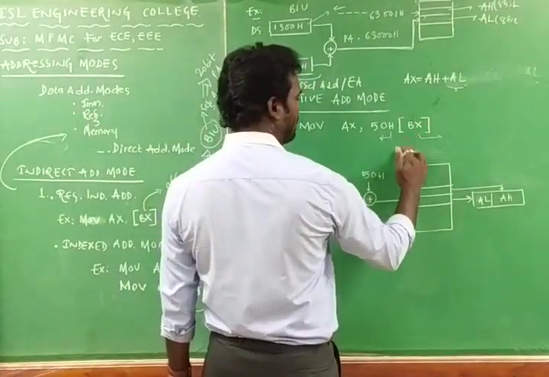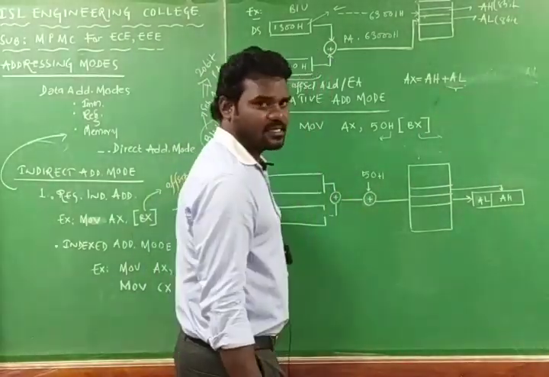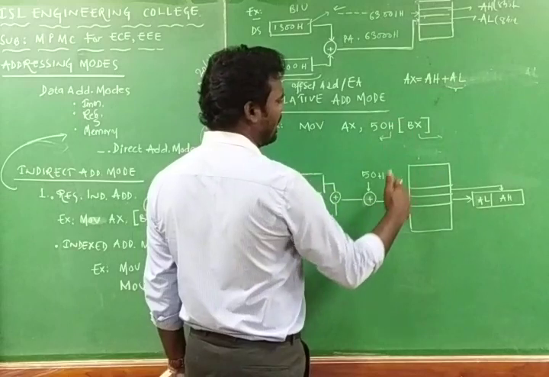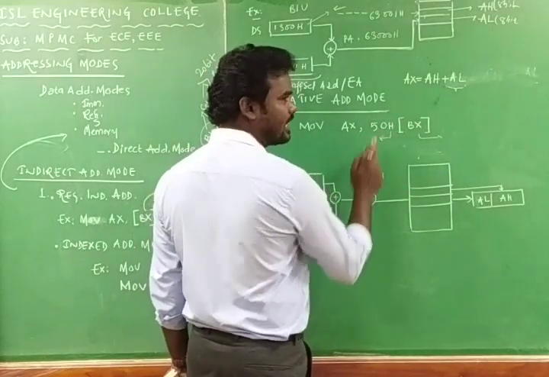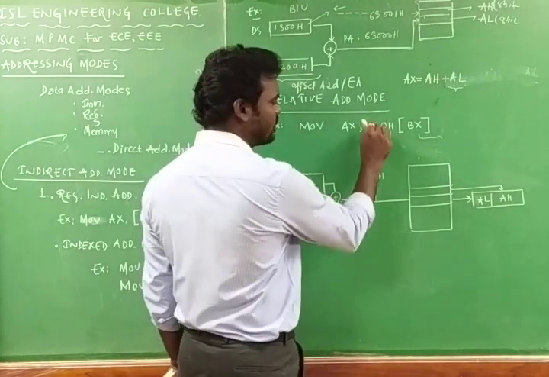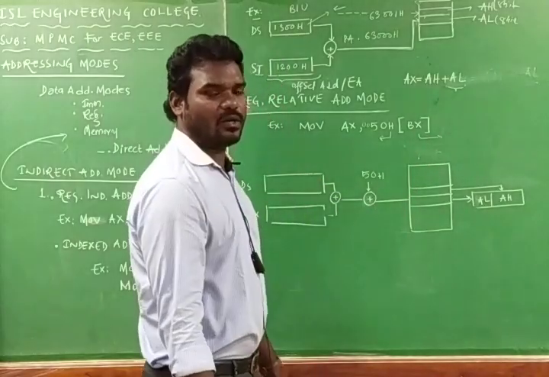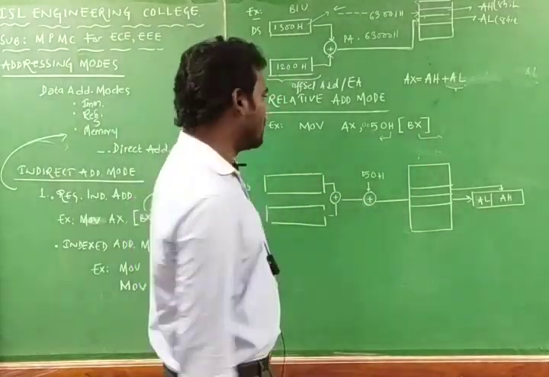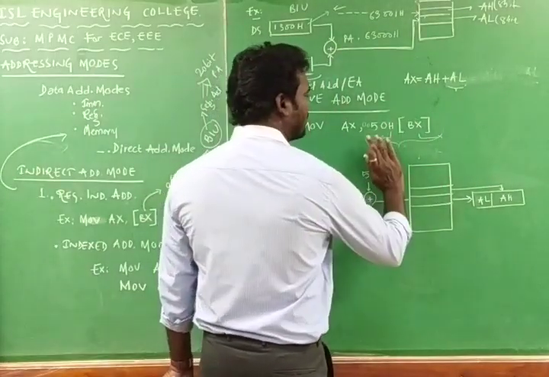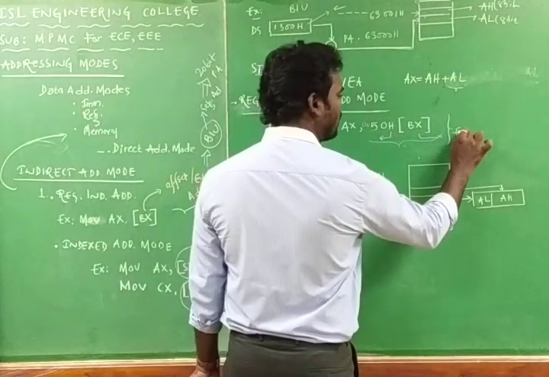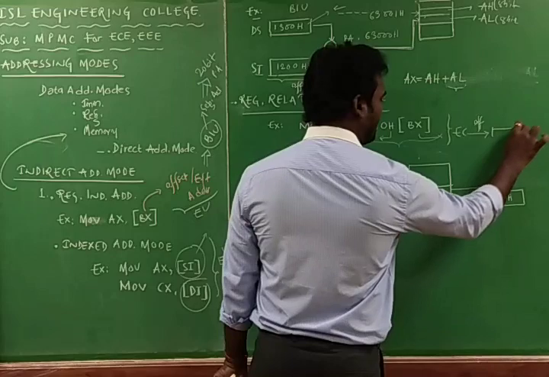The 8086 microprocessor directly goes to BX, so it can access that data, and to that data it is going to add 50H. One is 16-bit and the other is 8-bit, so you can add two zeros here, so that it is 16-bit and 16-bit. 16-bit plus 16-bit again gives a 16-bit offset address. Now these two combinedly specify the 16-bit offset address, that will be there in the execution unit, so the execution unit will give the offset address to the bus interfacing unit.